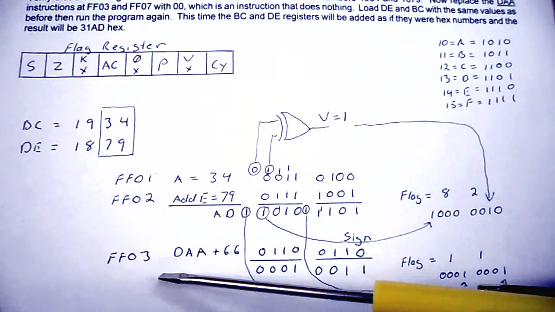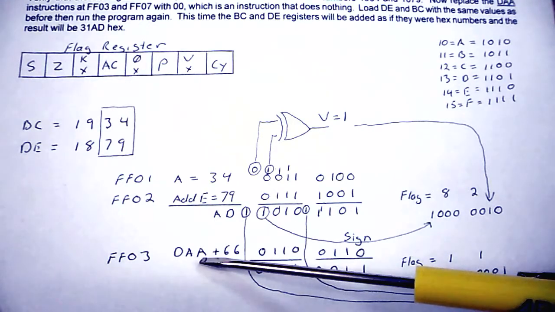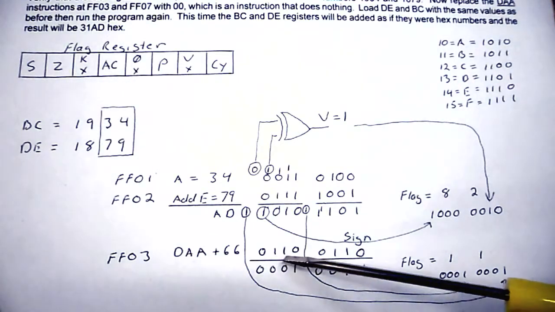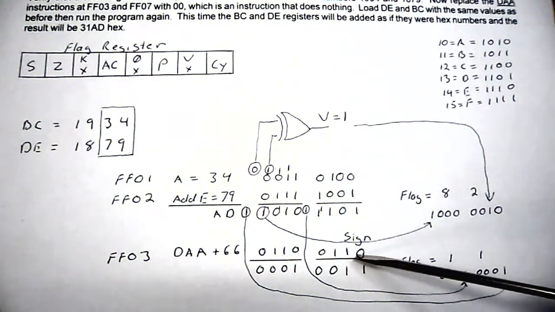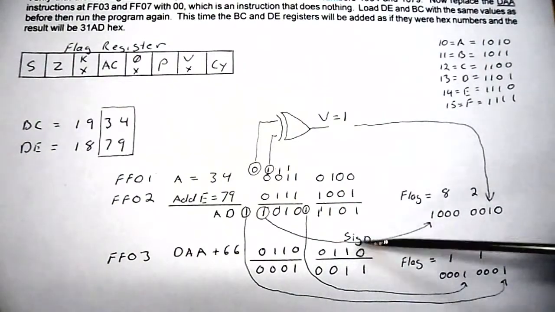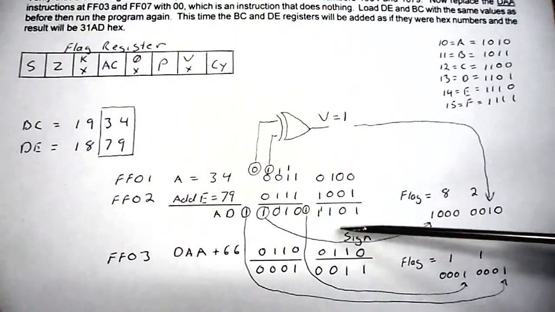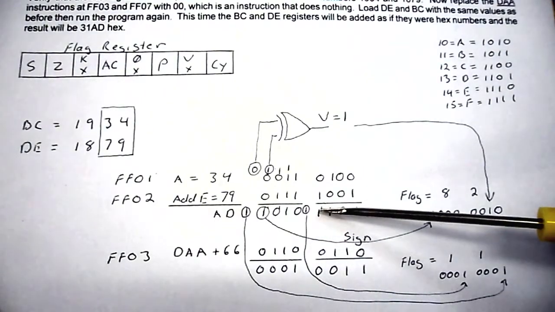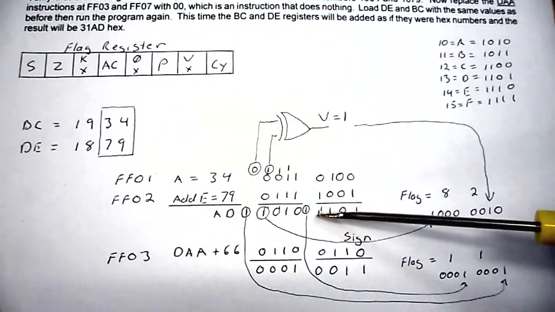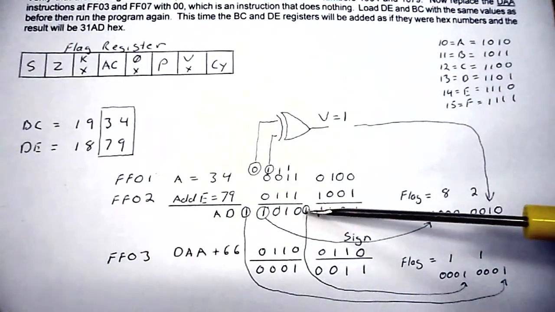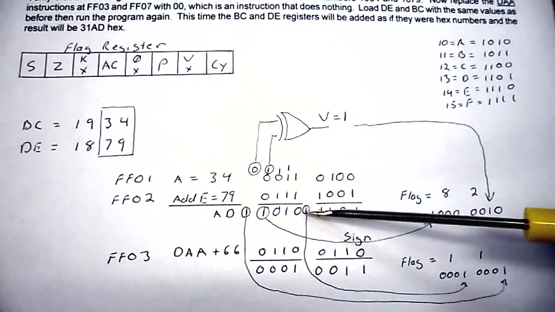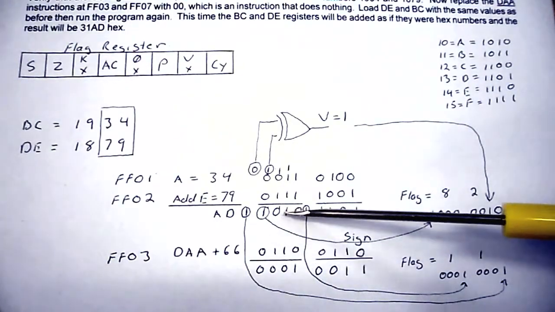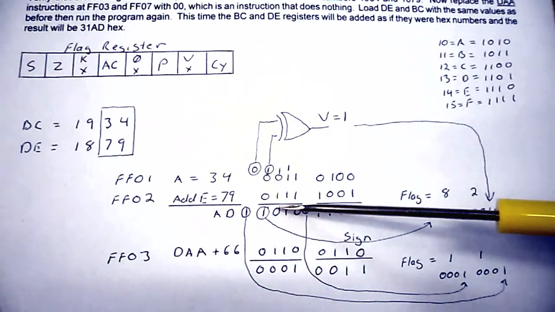Then at FF03, we're doing the DAA command, which adds 6, 6 to our answer. So 6 is 0, 1, 1, 0, 0, 1, 1, 0. So when we add these together, 0 plus 1 is 1, 1 plus 0 is 1, 1 plus 1 is 0, carry the 1, and now we have 1 plus 1 is 0, and there's our auxiliary carry bit being set. So then 1 plus 0 is equal to 1, and 1 plus 1 is 0, carry the 1,